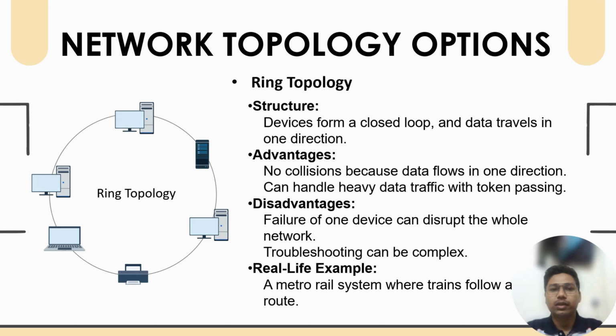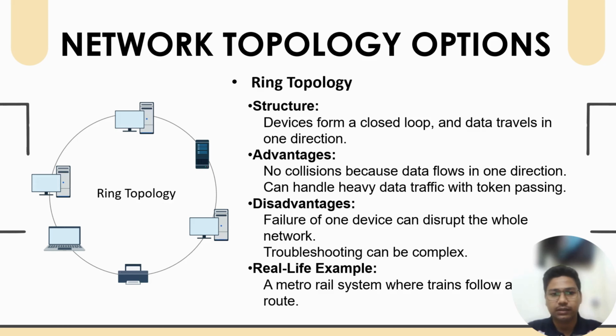Finally, let's look at ring topology. In a ring topology, devices are connected in a circular loop that travels in one direction around the ring, and each device checks if the data is meant for it. The advantage of this setup includes no data collision because data flows in one direction, like a train running on a one-way track. It can handle heavy traffic using a method called token passing, where only the device holding the token